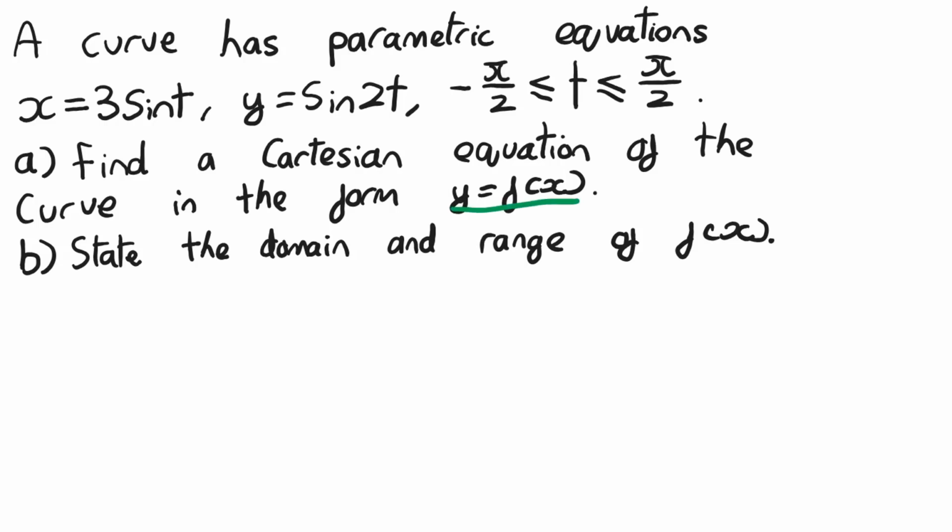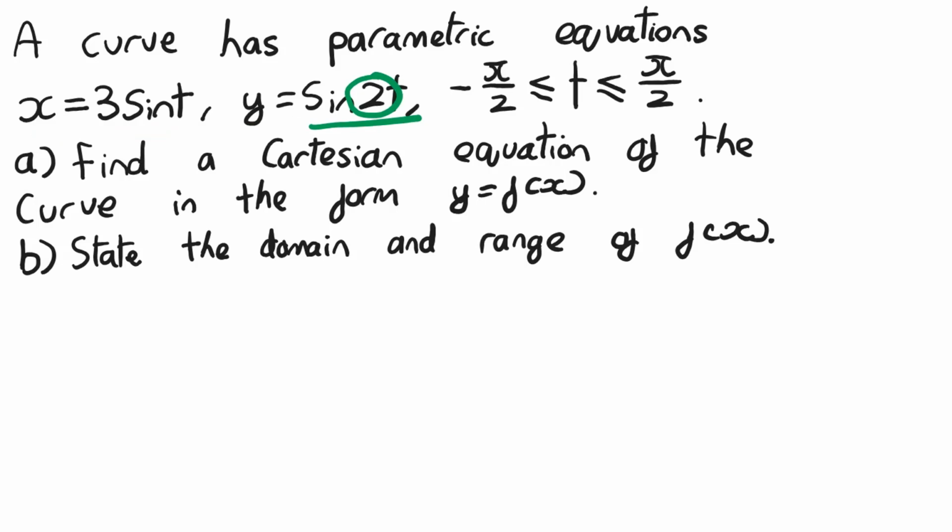Now, I've slightly adapted this question from an example in the textbook. I've changed some details about it, but I have adapted it from an example in the textbook, which I normally avoid doing. But I think this question is a very good example of using trigonometric identities in order to make Cartesian equations. So when we look at the two parametrics, the first thing that sticks out is this sin 2t here